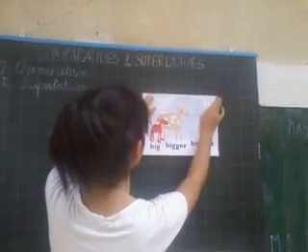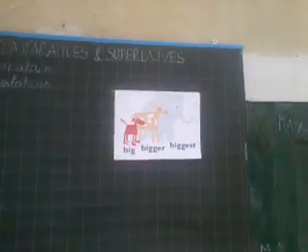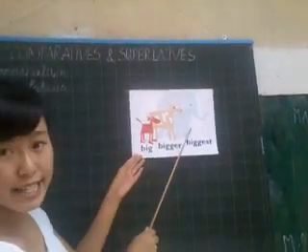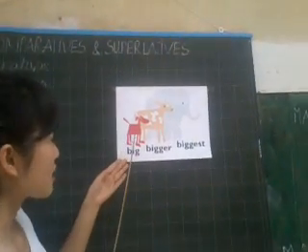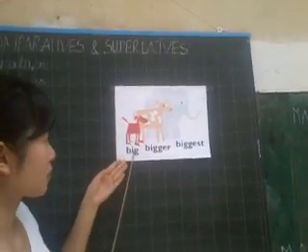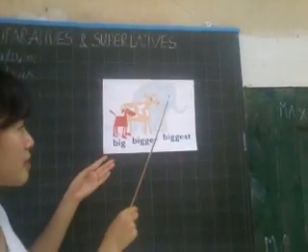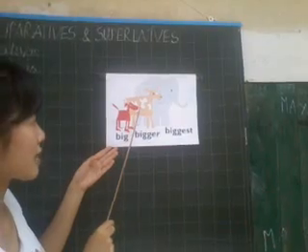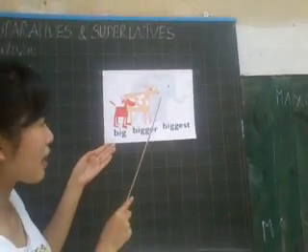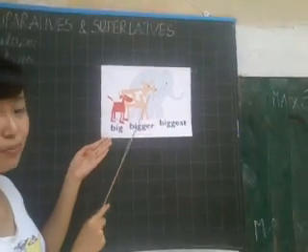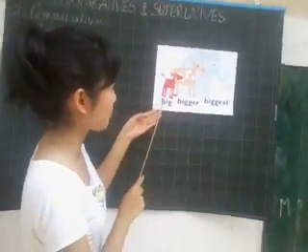Suppose I have a picture. In the picture, you can see that I have three animals. So I say, this dog is big, this cow is bigger than this one, and this elephant is bigger than this one and this one. So I say that this elephant is the biggest. Is this a kind of